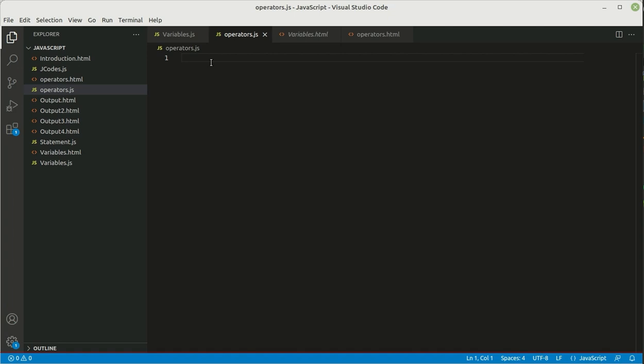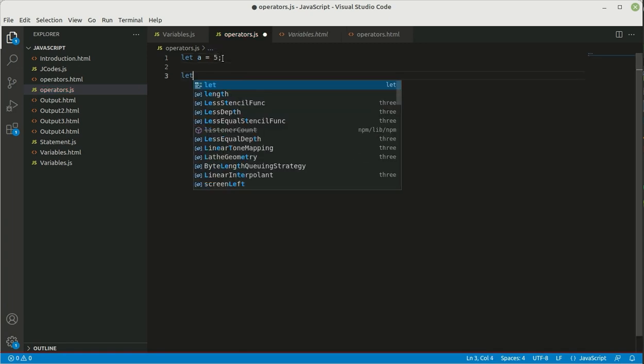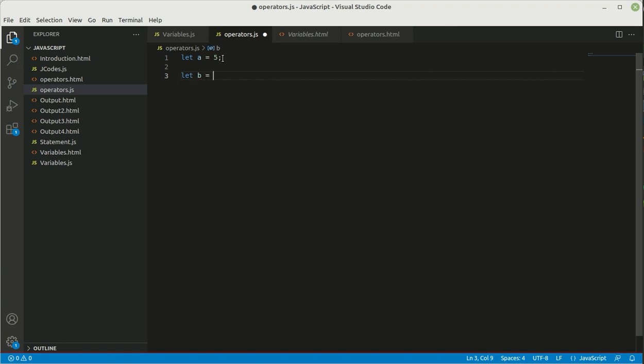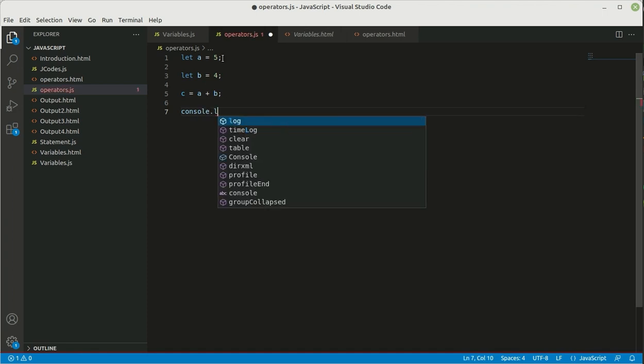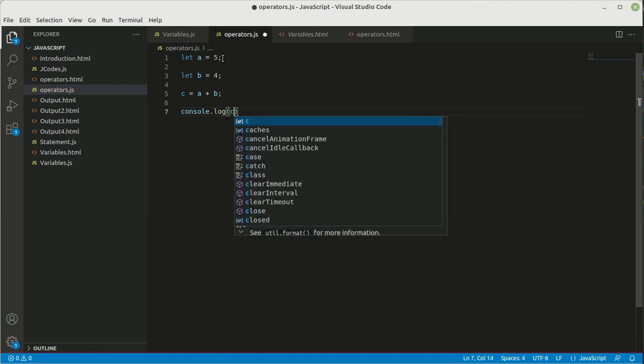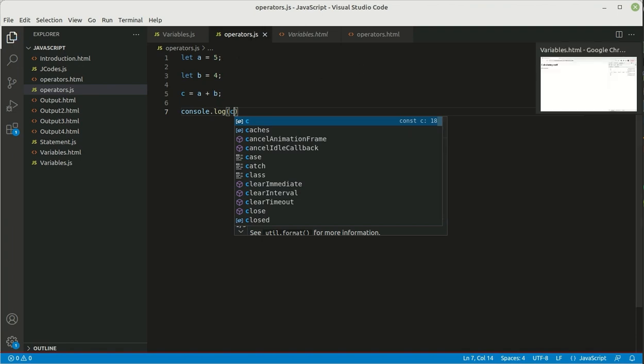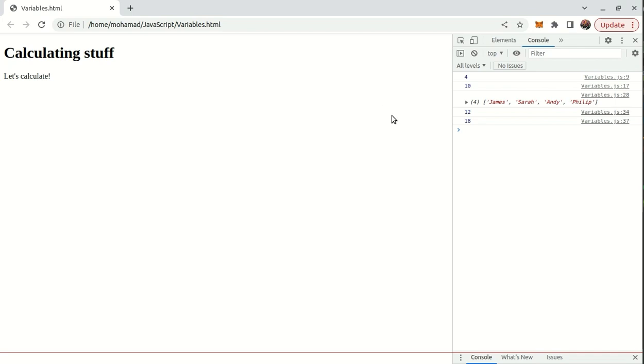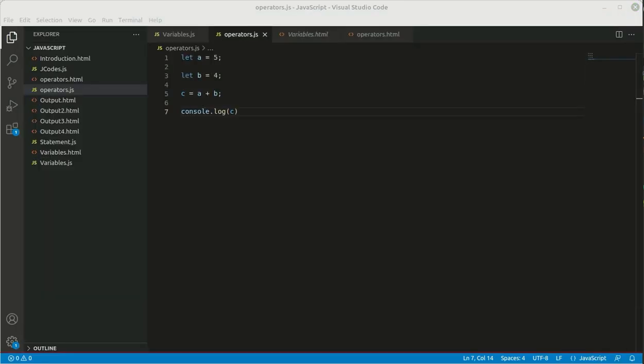So for example, we can say let A be equal to 5 and let B equal 4, and then you can say that, for example, C equals A plus B, and then we can console log C. Okay, let's see the result for C, and notice that we need to open up